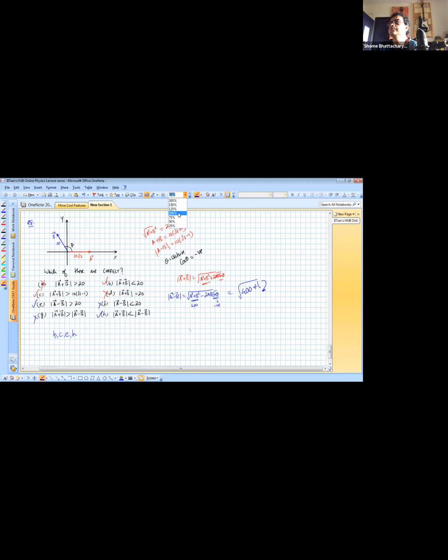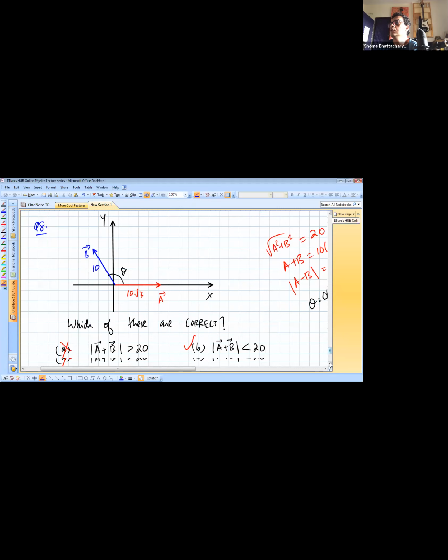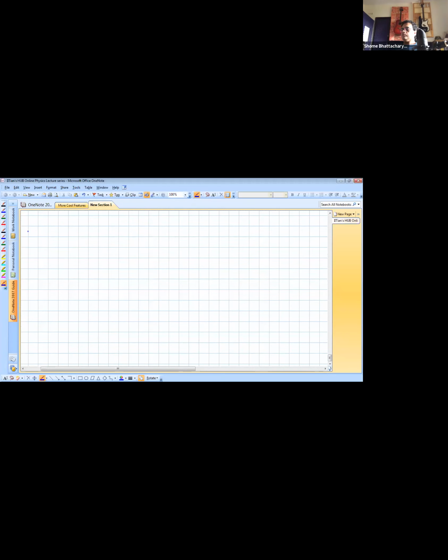Okay, so now next example. If the angle theta between two vectors A and B is such that theta is greater than 0 but less than 90, then which of the following is